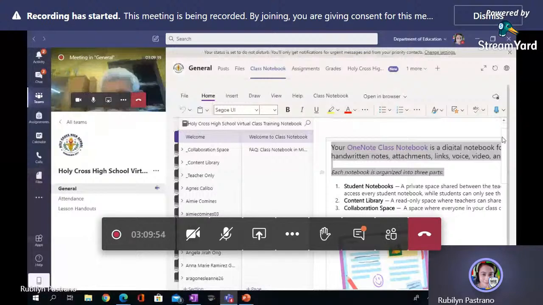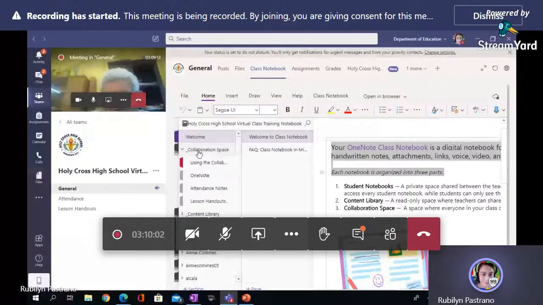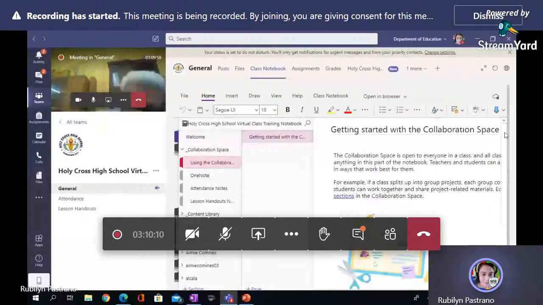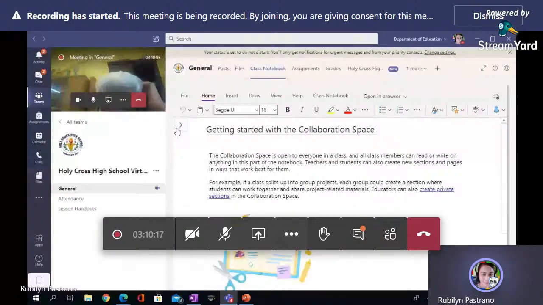Okay, we can see here a welcome section. All right. Then we can also see the collaboration space. Yes. In this collaboration space, we have a guide on how to use this one. You can read the guide here. Yes, you can read the guide on how to utilize it. At the same time, okay, there's